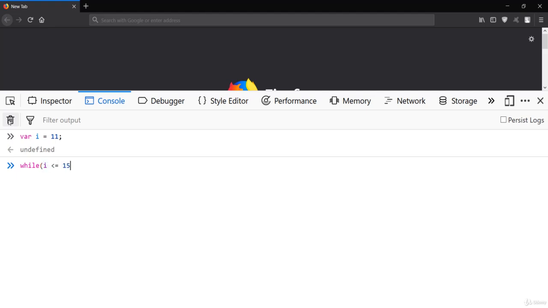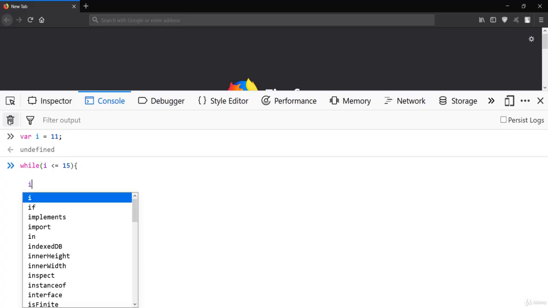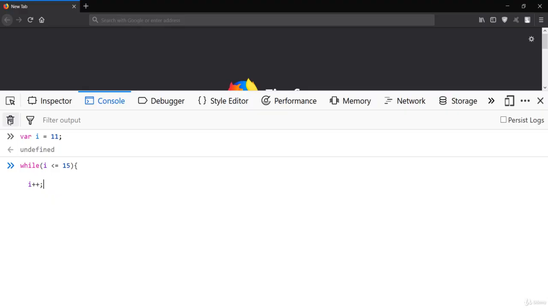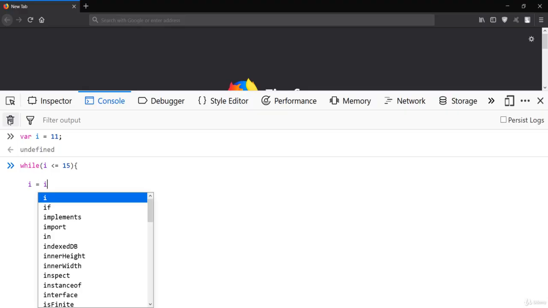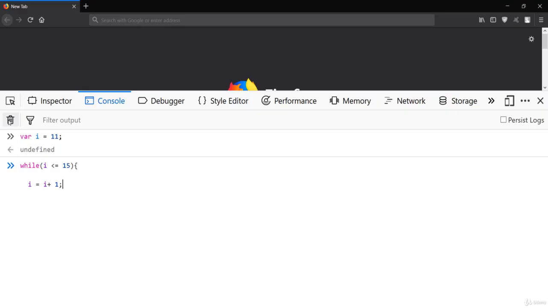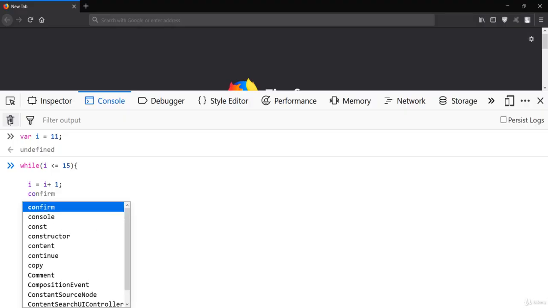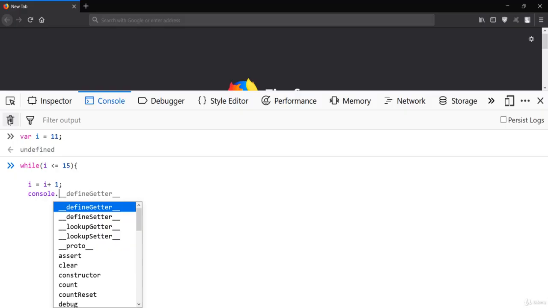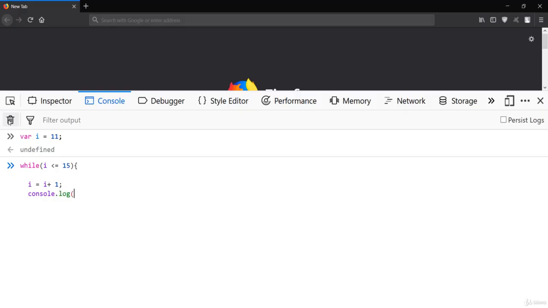I'll say while i is less than or equal to 15, you first increment your i. So i plus plus is the same as saying i plus 1. Do this, and after that you just console.log your name.